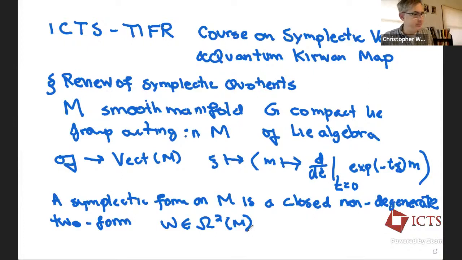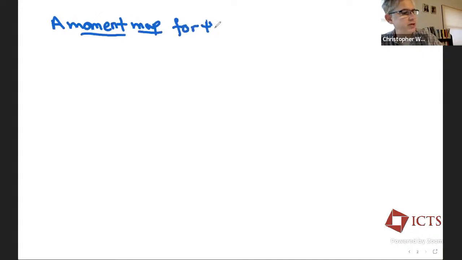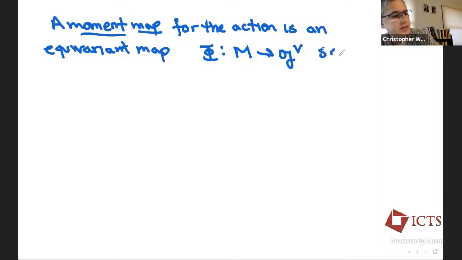And we're going to assume that this is invariant under the action of the group G. And so then a moment map for the action is an equivariant map from M to the dual of the Lie algebra, satisfying